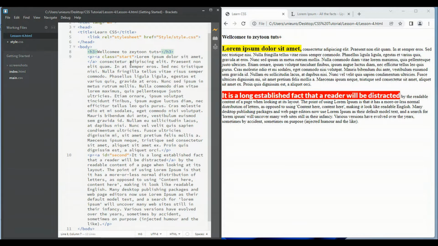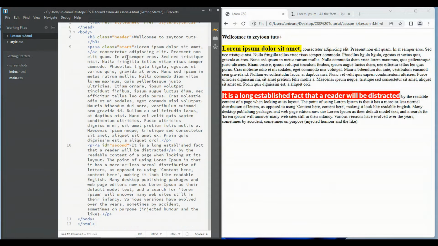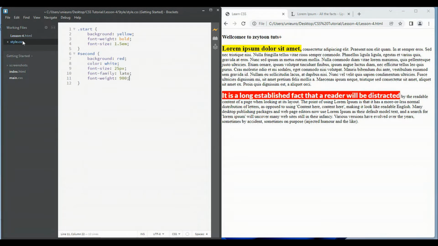For our H3 we define a style. Header 3, we copy it, and here we want to